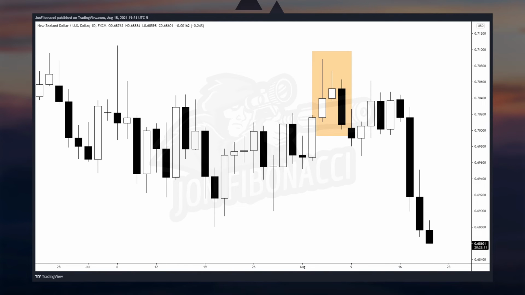So this area in the orange shaded box, we were looking for short positions in that area. And then we did get some bearishness, and then obviously the market did come back up again one more time. But the last 4 days, New Zealand dollar has really collapsed, and that's very interesting. But excluding that from this, what we're going to do is actually go into this area here to look around to